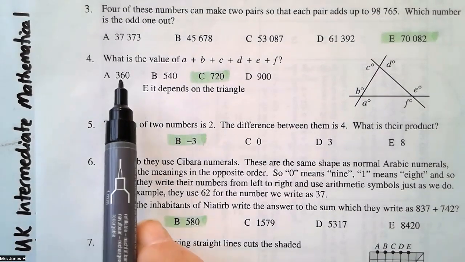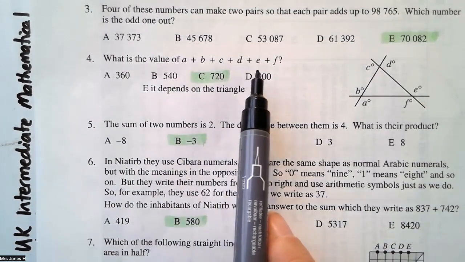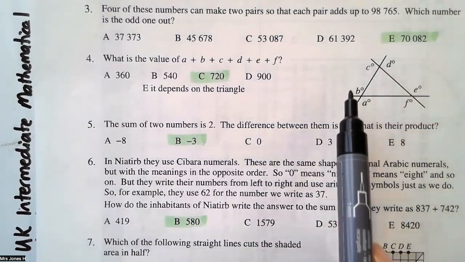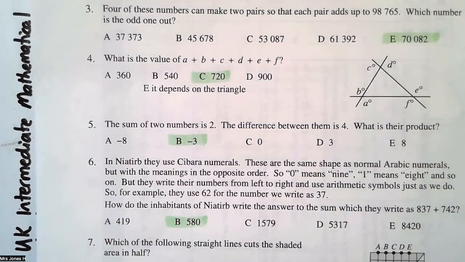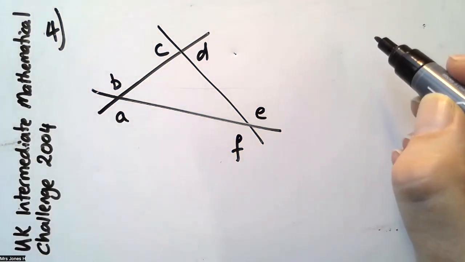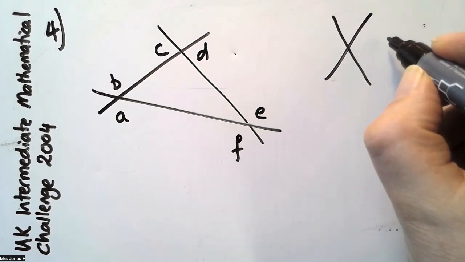Question 4. What is the value of A plus B plus C plus D plus E plus F when we've got this as our diagram? The fact that we need is to know that vertically opposite angles